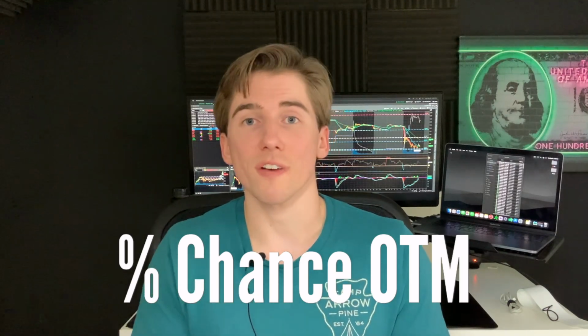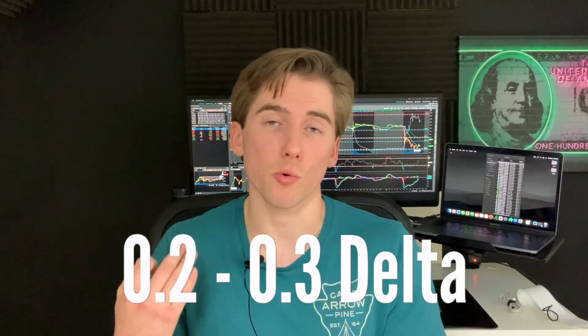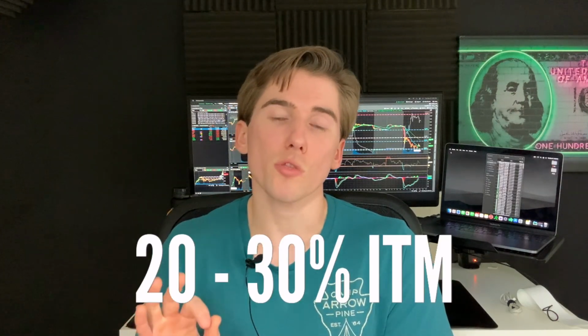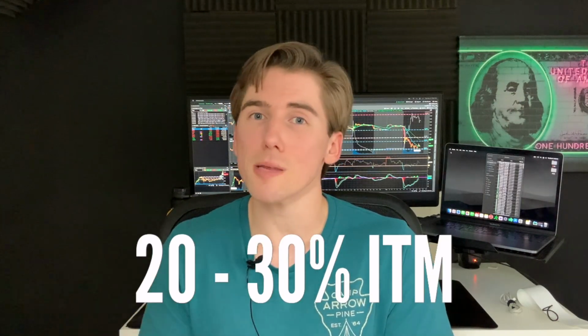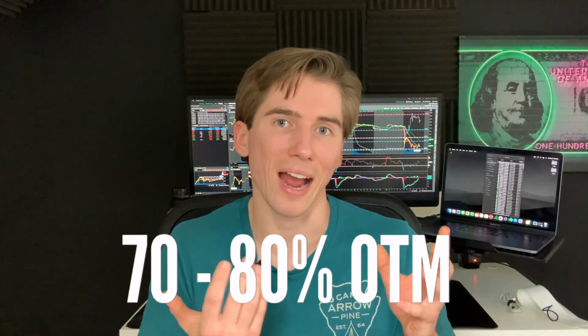And my go-to delta value whenever it comes to these options is a 0.2 to a 0.3. This means that there is a 20% to a 30% chance of these options expiring in the money, which means that you have a 70 to about an 80% chance of them expiring out of the money. And if you're right and your option expires out of the money, you get to collect all the credit that